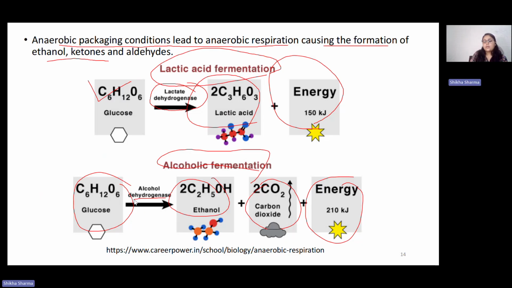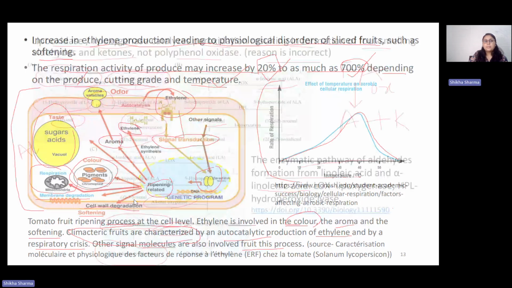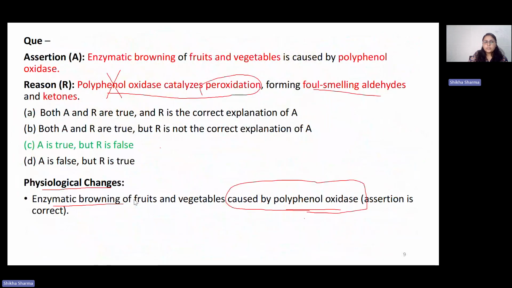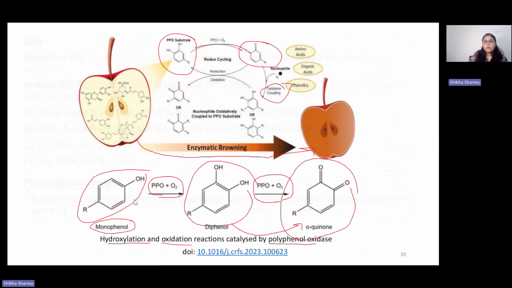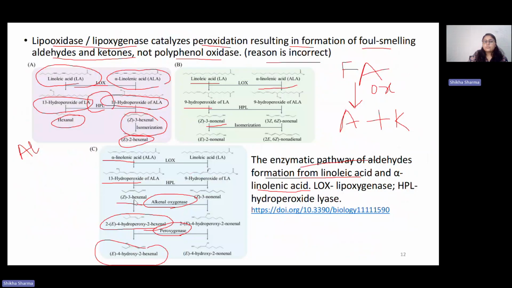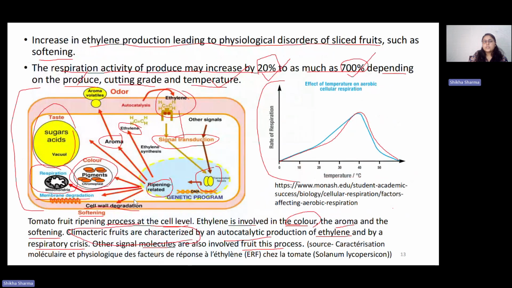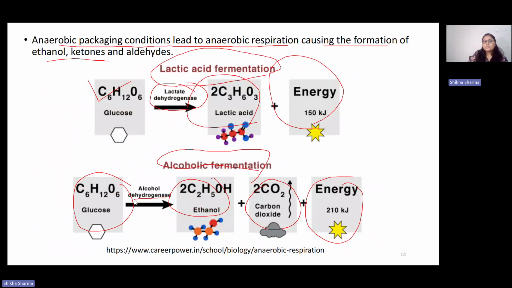physiological changes that take place, like enzymatic browning, or because of the action of the lipoxygenase enzyme, aldehyde and ketone compounds can be produced, which can result in a foul smell. There can be an increase in ethylene, and because of that, all the ripening related changes may take place, and respiration rate can also increase, and also fermentation can occur